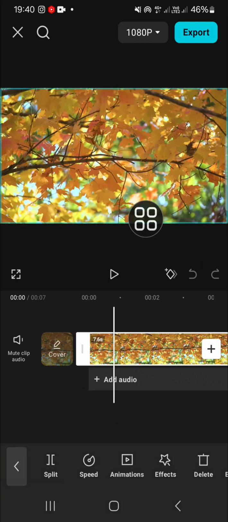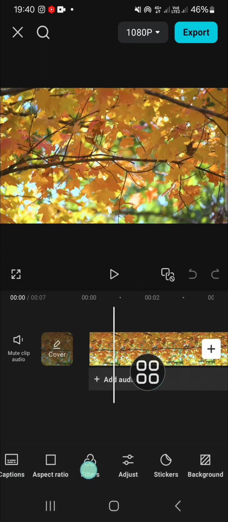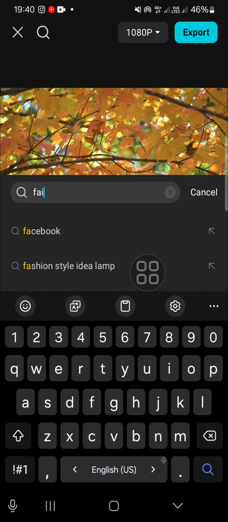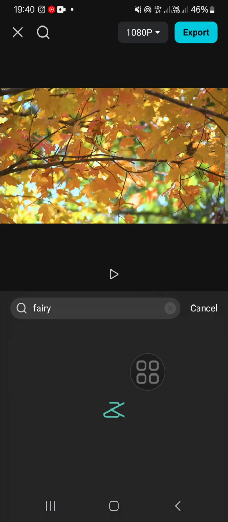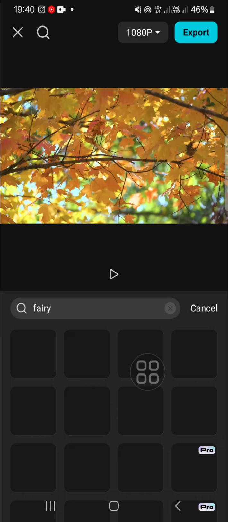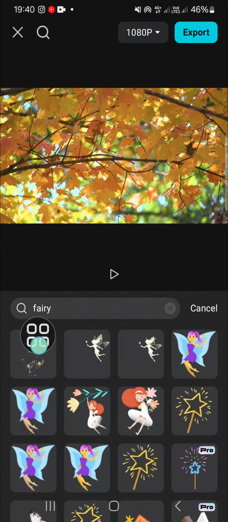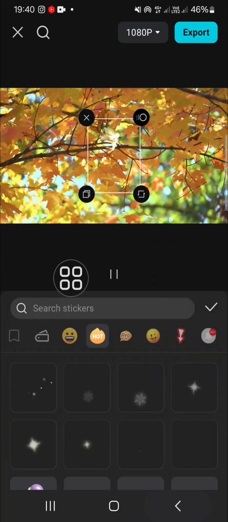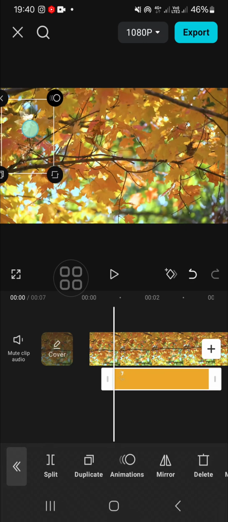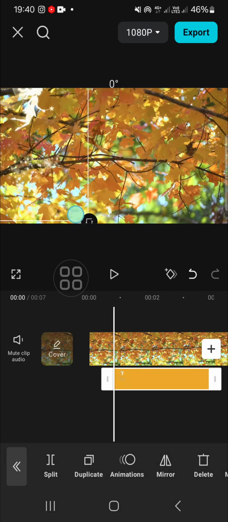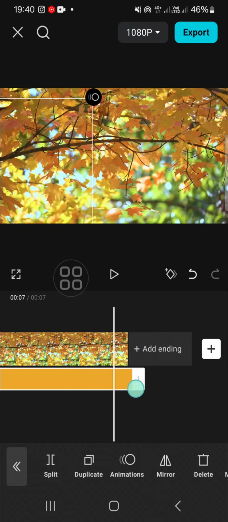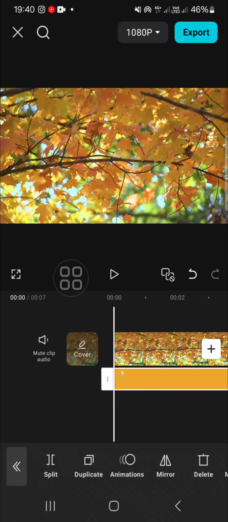I'm going to add an object first. I'm going to add sticker. Okay, I'm just going to search for a sticker. Okay, I'm gonna go with this one. Okay, and then I'm going to go back and make this sticker aligned with my video. I'm going to drag it like this. Okay, and then